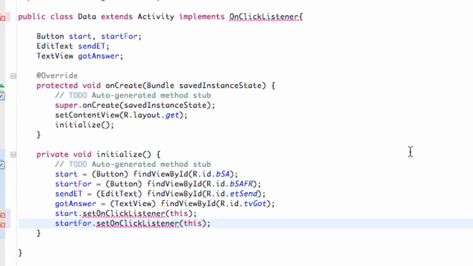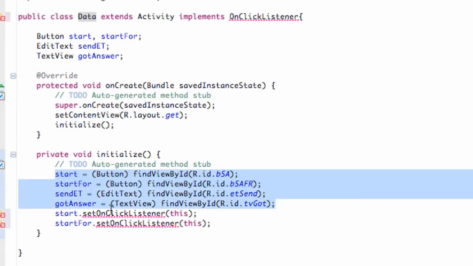I wanted to make sure you guys got everything set up because I forgot that you guys probably want your variables the same as mine. So here's my data class. Set up two buttons for the start activity and then start for result, the text view, or the edit text view. Then again, for the data class, you want to use the get layout, and then I created this initialize method, which initialized all those variables, set the references, set the OnCheckedListener to this, and then I just want to